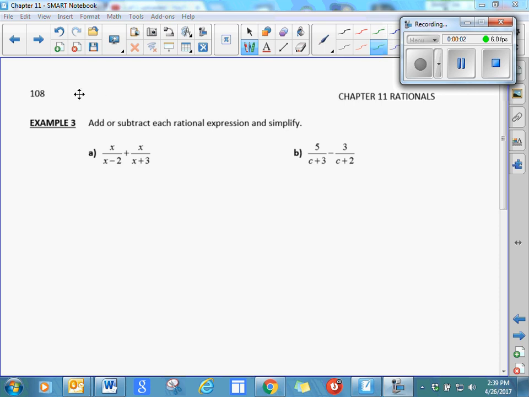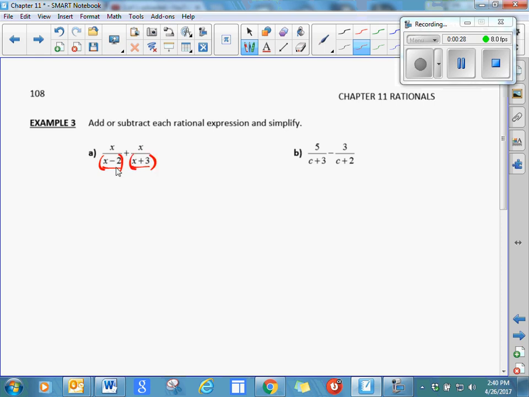So here we go with some more examples when we have denominators that are not alike, that have variables in them. And on this page, our variables are going to be, for the most part, binomials. So in looking at the denominators here, x minus 2 and x plus 3, you can think of these as independent